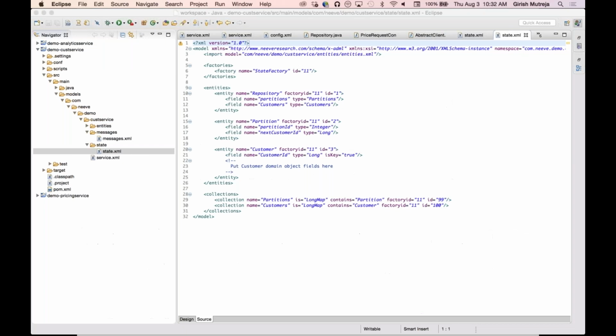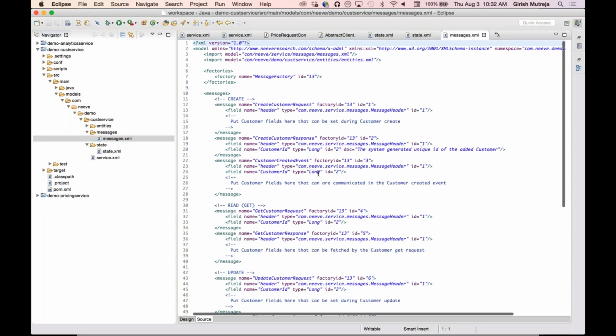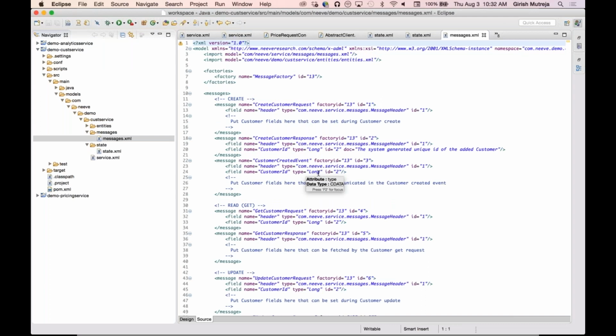Step 3 is defining of messages and defining of your API. The messages in an X service are once again defined using XML, and as is seen over here, these messages are all actually built out by the template, and you can add more of them if you like. Effectively over here, the messages are create customer requests, the CRUD operations around the management of the customer.